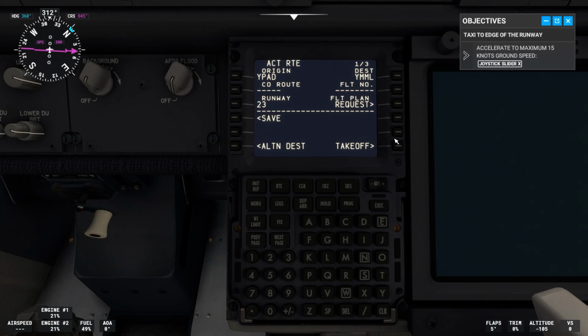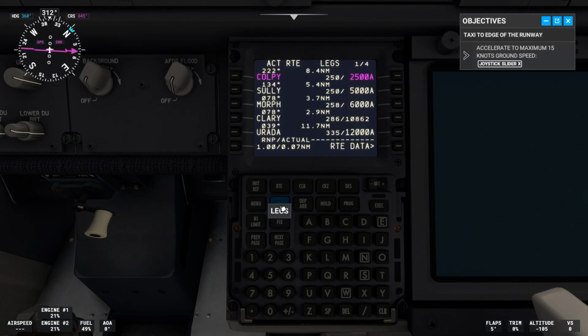And now, like I said before, the last thing is go to the legs page. So press legs, go down the legs page by the next page button. You see how there's a route discontinuity? You need to clear this. Otherwise, once we're in the air, there will be gaps and the aircraft won't know where to navigate. So to get rid of this route discontinuity,